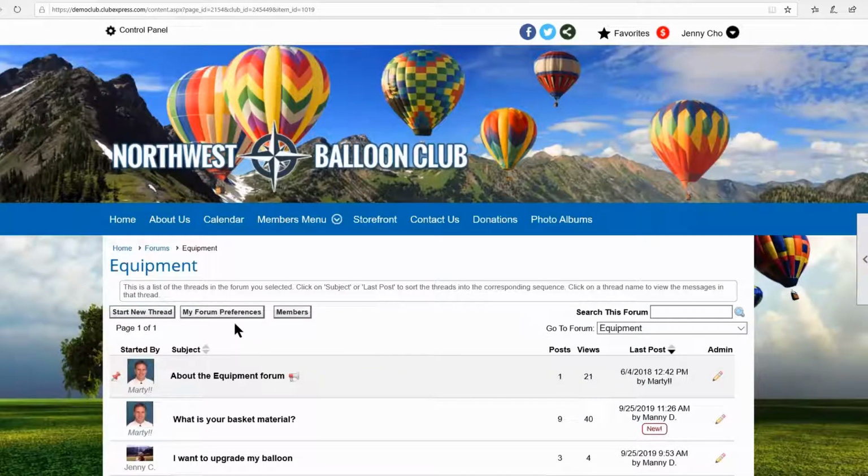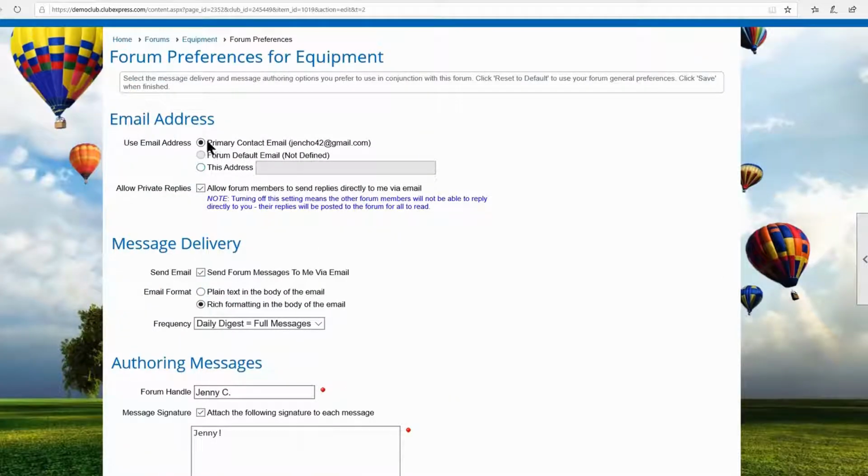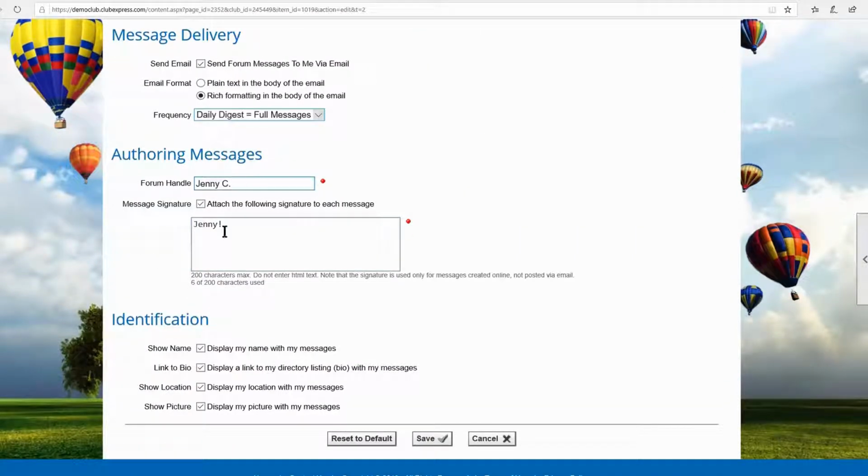Any member will have this forum preferences button here, where you can decide what email address you want for forum notifications, what kind of delivery you want. Do you want them as individual messages or as a full digest, kind of a daily digest? What's your handle? What's your signature?